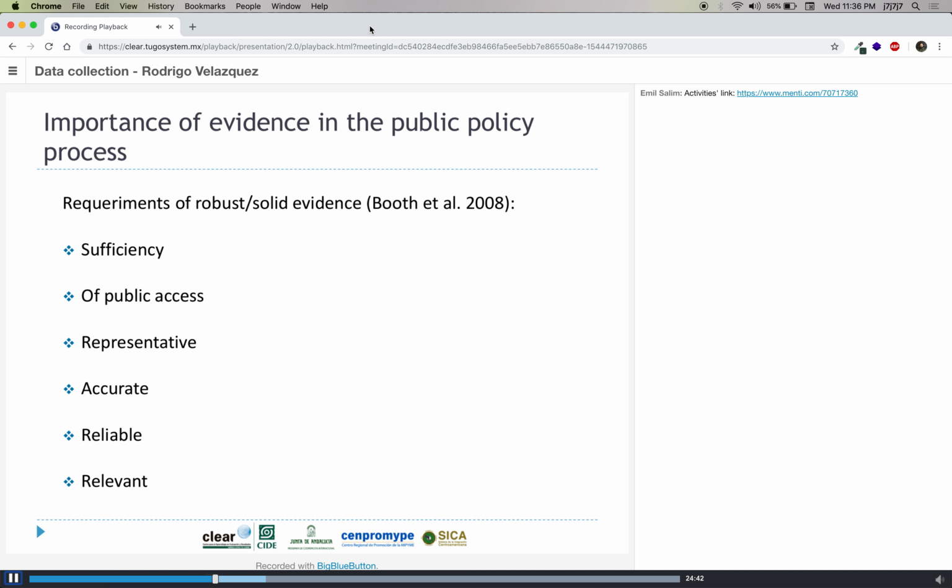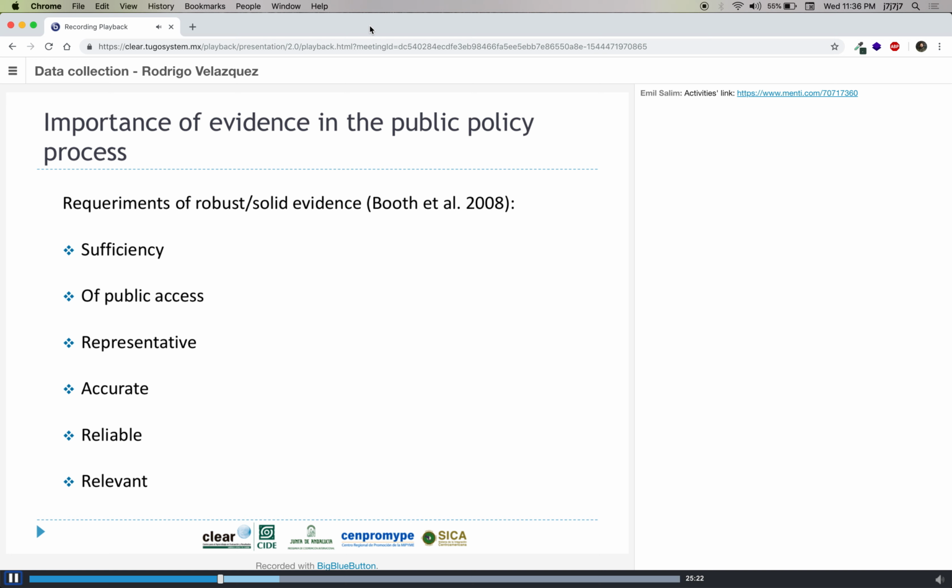because it has to be related to the problem that we are trying to solve in terms of public policy. For instance, if we want to decrease mortality rate, the action that has to be implemented has to be related, and evidence has to be also related to information that tries to solve the problem concerning the mortality ratio. So, of course, it is not important if we show evidence that is not related to our objective.